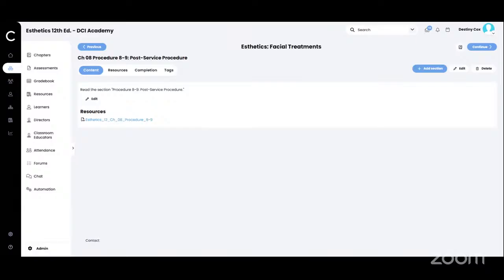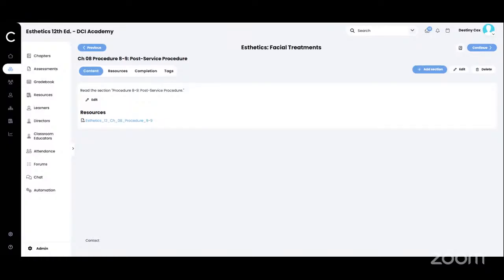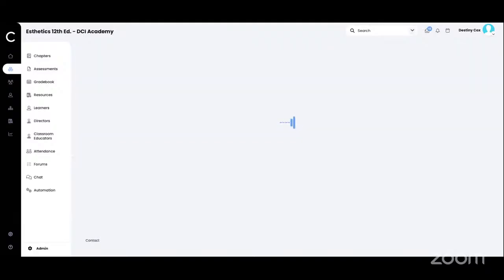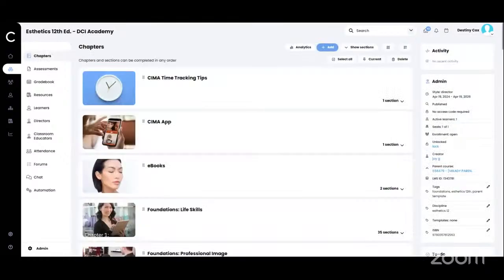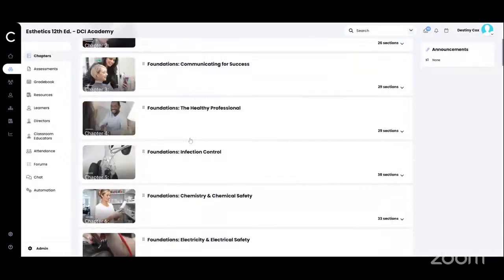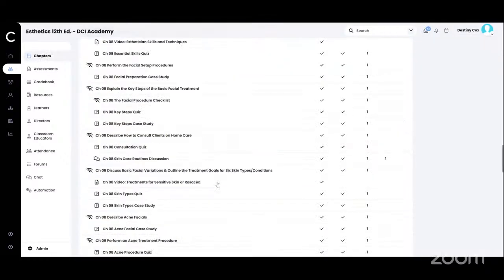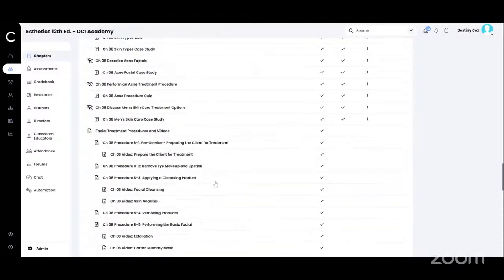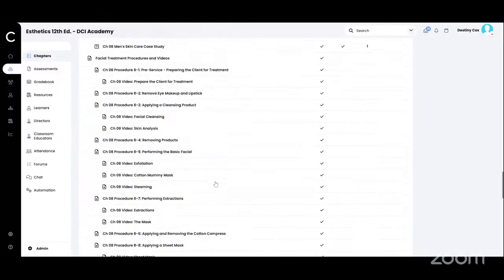So these are procedures I would advise you to get, download them, and check them out. Also, if you go down here to 8 as well, you have